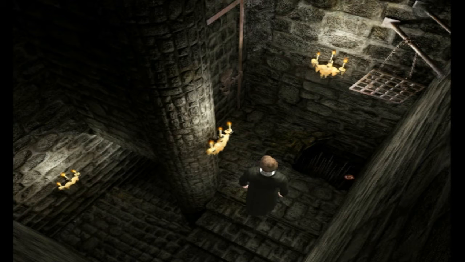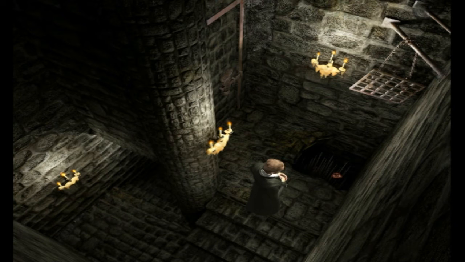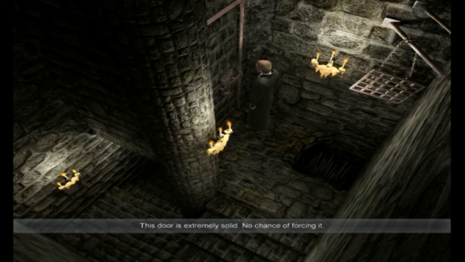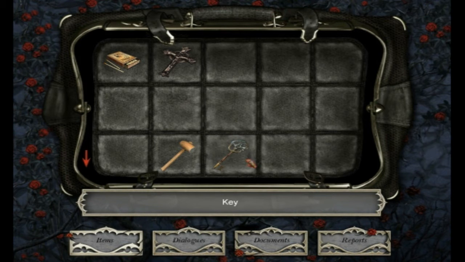It's probably out. That's a spike trap. Oh, an abyss. Beware, there are some stakes at the bottom. Is that all? Yeah, that's all. I don't think it's possible to fall in there. This door is extremely solid. No chance of forcing it. I am in need of something. We have a key, though, so...